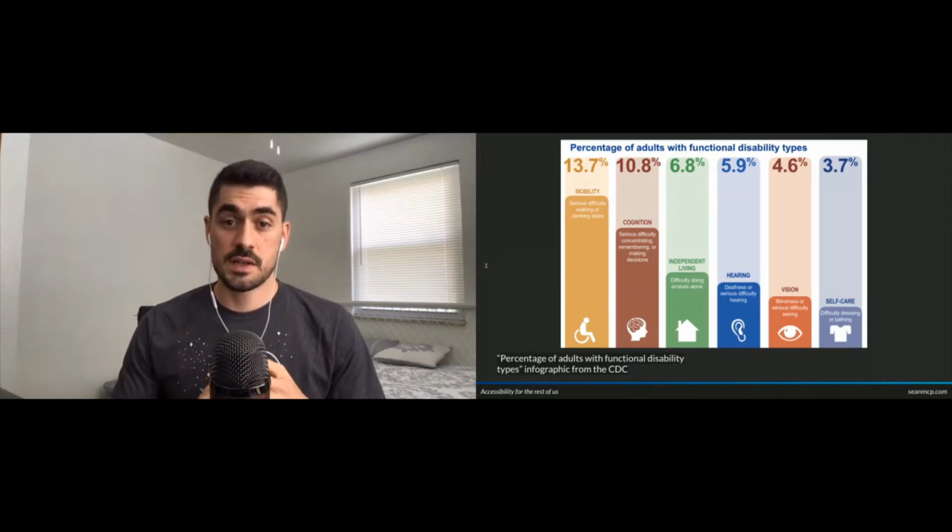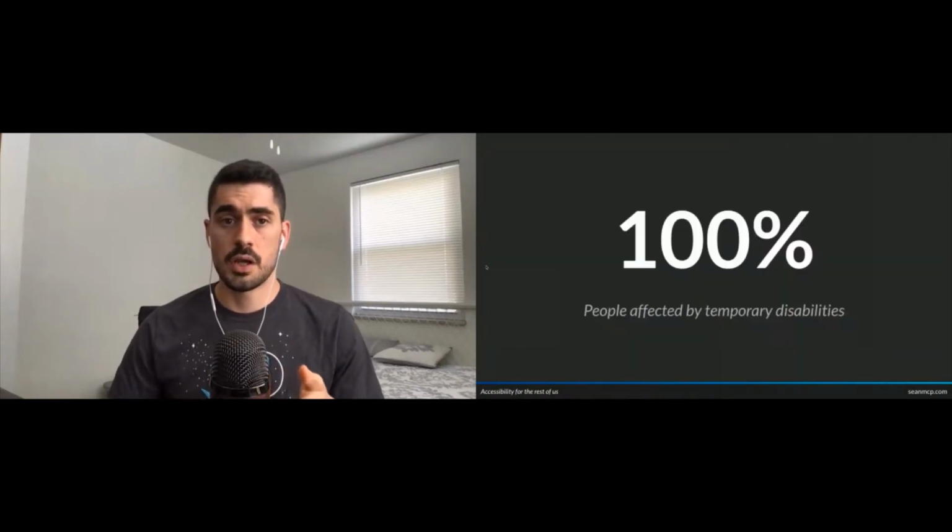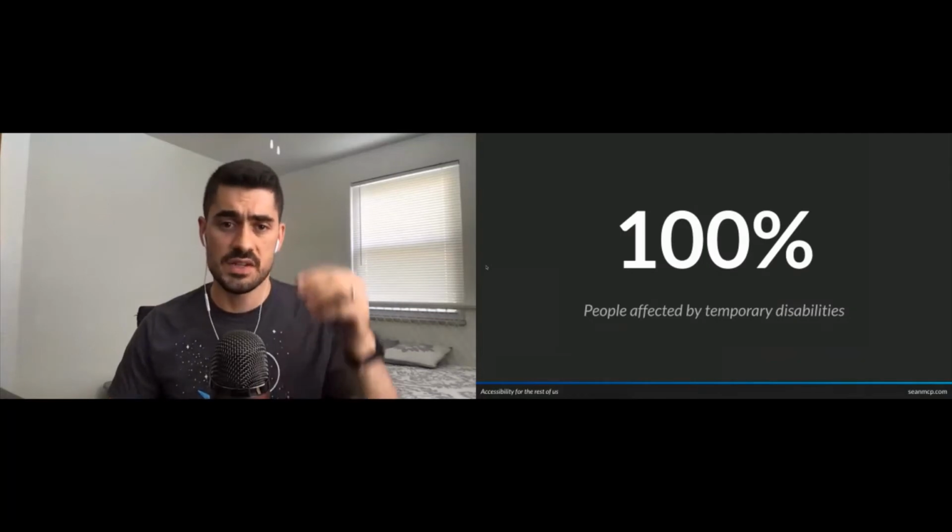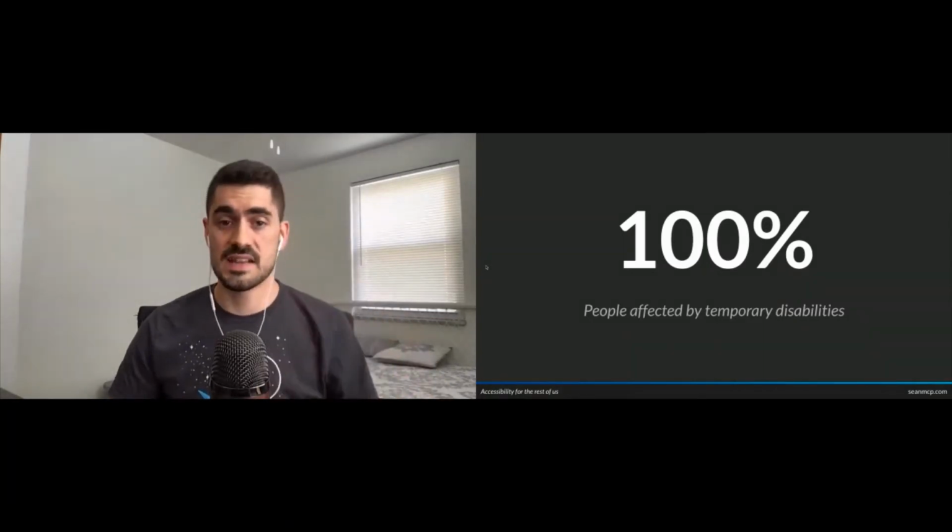So if your product is accessible to those neighbors, you will significantly increase your potential user base. And remember, anyone could have a temporary disability. Broken arms, sore throat, concussion, eye surgery, these could strike at any time. So by building an accessible product, you will invite more users and keep them there regardless of what happens tomorrow. And the final reason that accessibility matters is that accessible products